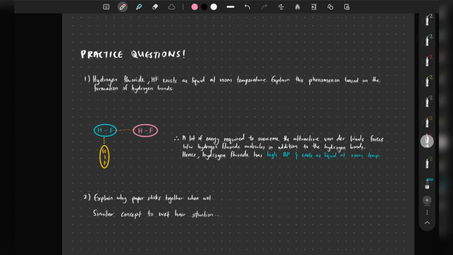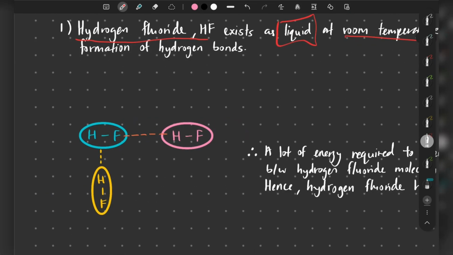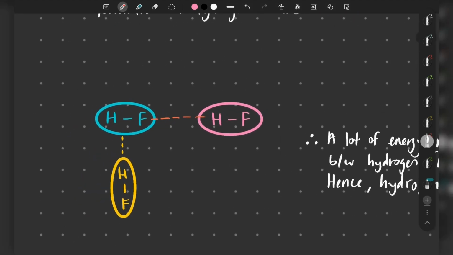So we have our first question. Hydrogen fluoride, HF, exists as a liquid at room temperature. So explain this phenomenon based on the formation of hydrogen bonds. Okay, so I've drawn hydrogen fluoride molecules here. We have 3 hydrogen fluoride molecules. So let me explain a little bit